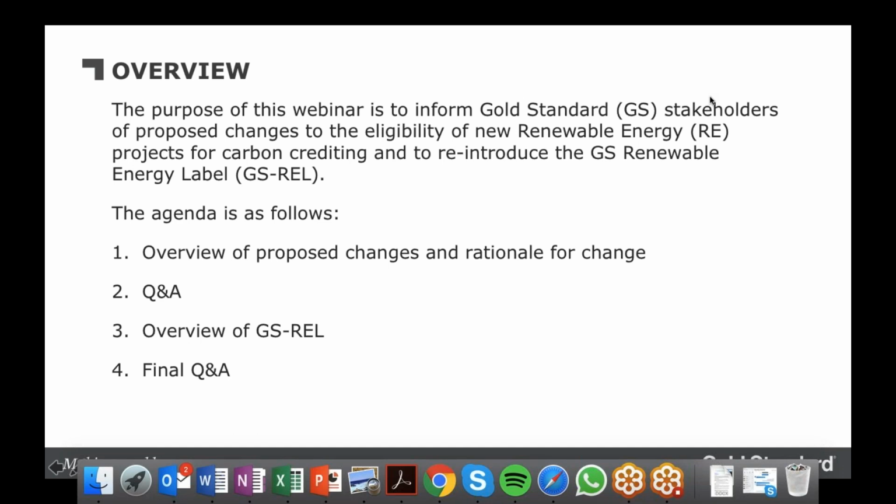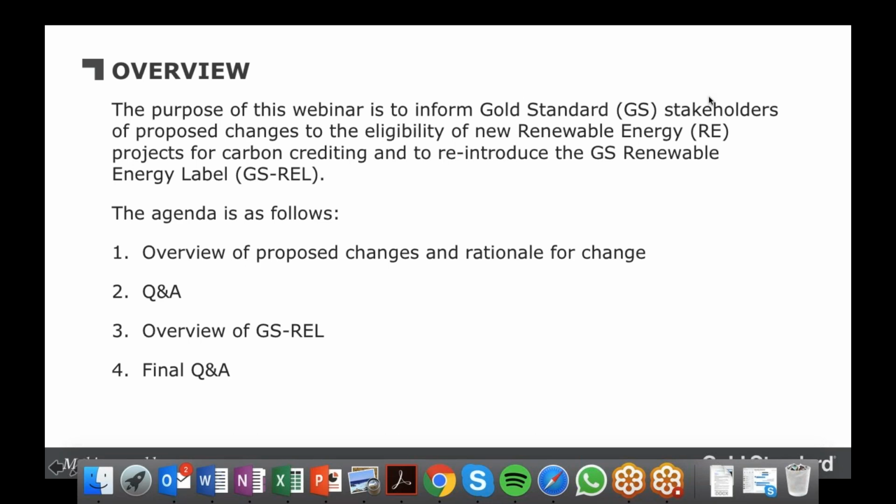And then when we've done that, we'll move on to Bernardo, who will give us a presentation on the Gold Standard renewable energy labelling scheme that we now operate, which is a new product that we launched last year and is now starting to pick up some traction. We want to present that today because, as some of you will have already picked up from the consultation, we are going to look to restrict the eligibility of renewable energy projects in some parts of the world for carbon crediting.